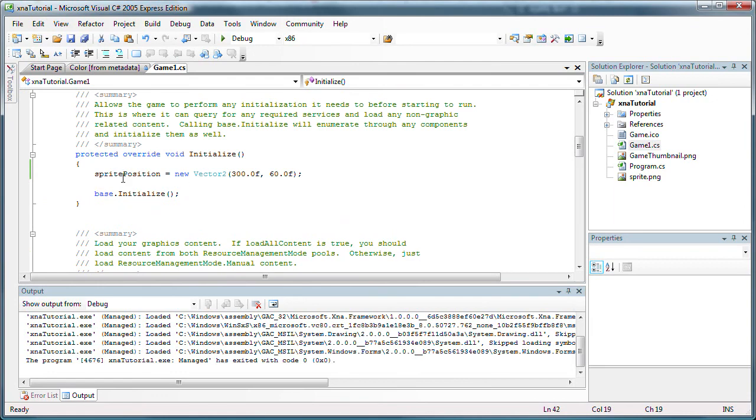So we can go even further, but I'm going to leave that for the next tutorial. Next tutorial we're going to make the sprite move, not using keyboard input. We're not going to do that yet, but we're going to make it move and animate, and we're going to have